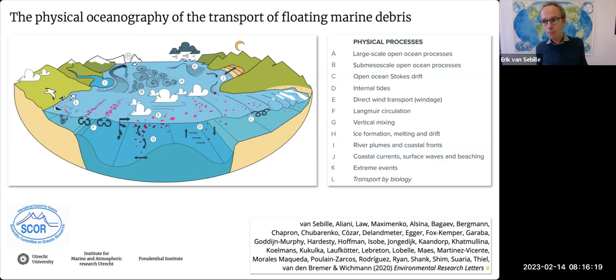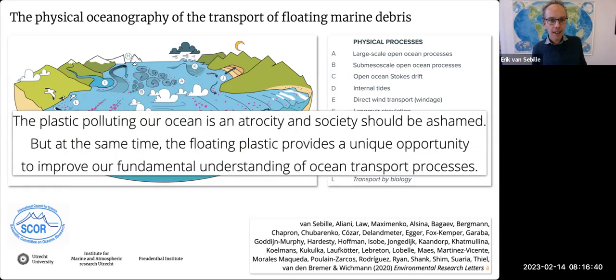So this is a huge open area still of uncertainty, of unknowledge, knowledge about the ocean that we still lack. And that is, I think, the critical point that I want to make during this seminar, is that the plastic